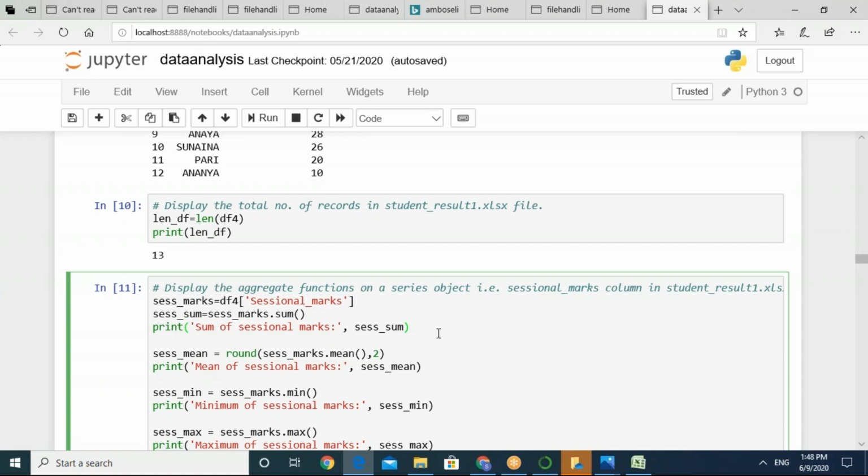Those who do not have any file, please create a file with one column of numeric values. आप उसका सम भी निकाल सकते हो, आप उसका मीन निकाल सकते हो, आप मिनिमम वैल्यू निकाल सकते हो, उसमें से मैक्सिमम निकाल सकते हो. So right now on your screen you have code for 4 methods: sum, mean, maximum, minimum. So try these 4 methods, take your time and respond to me in the chat window. Are you able to run it?